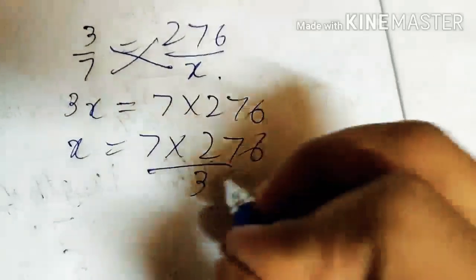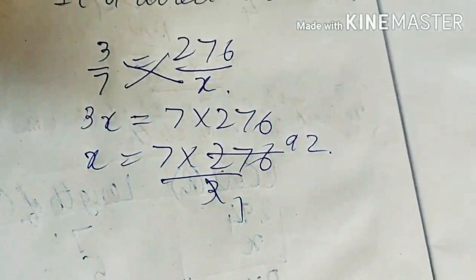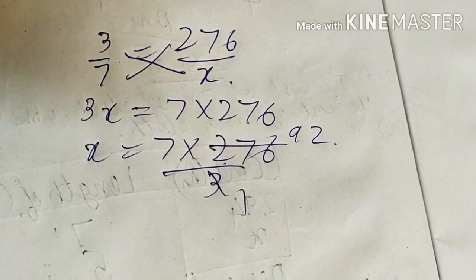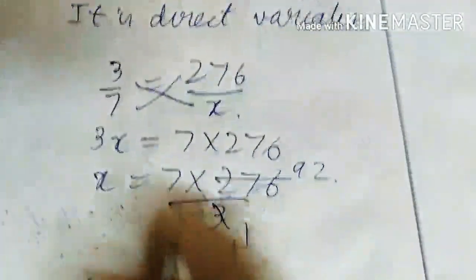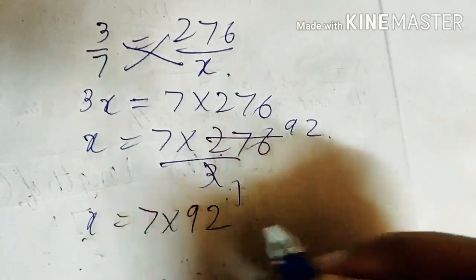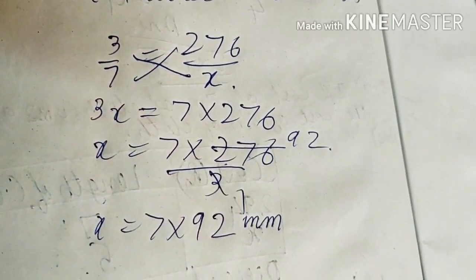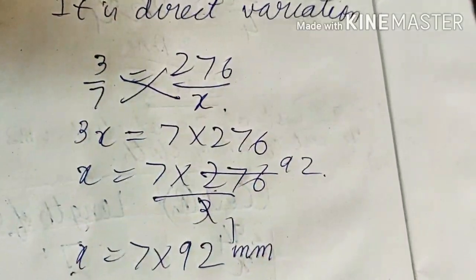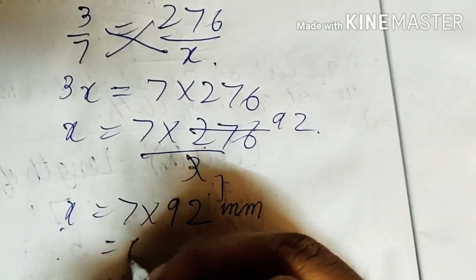So this can be reduced, 92. Okay, so x equals 7 into 92. This will come in millimeter. So x equals 7 into 92 millimeter. 7 into 92 is 90 into 7 gives 630 plus 14, it will be